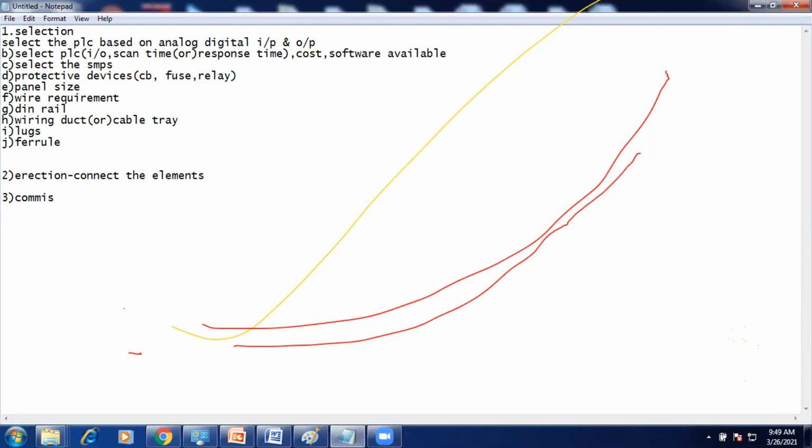If we have any problems, we need to rectify the error. It comes under troubleshooting. So these processes we need to do under panel wiring. So far we have discussed only the theory part. Next we will move to the connection part, how to do the connections using PLCs.